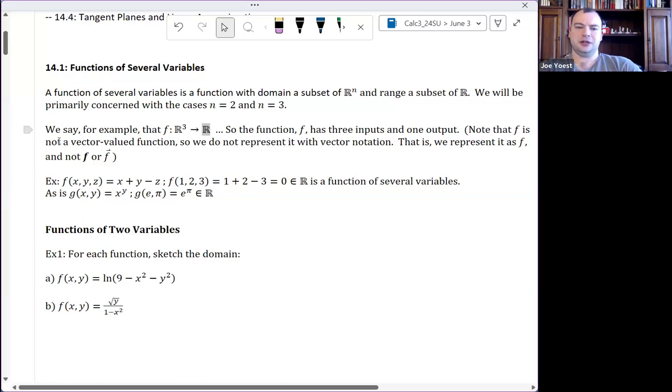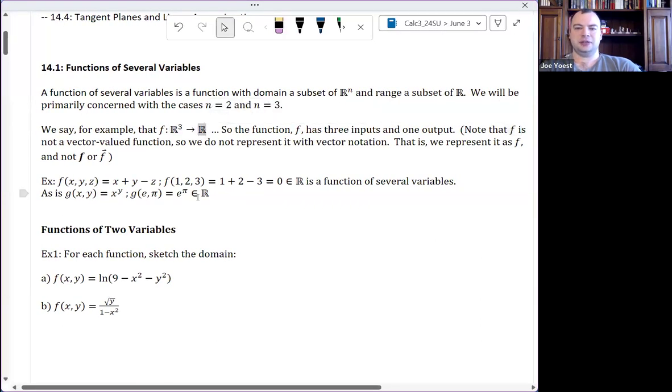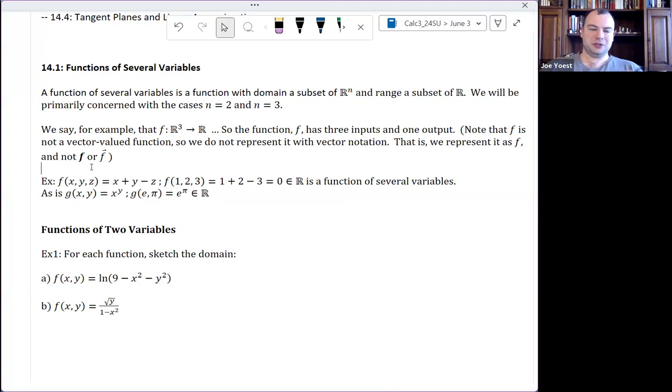Just a note here on notation as well, this function's output is just a real number. It's just a scalar. So we don't represent f as a vector. We don't represent it as bold f or as f with a vector arrow above it as we did in chapter 13. I know that some of the stuff between 13 and 14, whether we have multiple inputs or multiple outputs, might be easy to get mixed up between them,